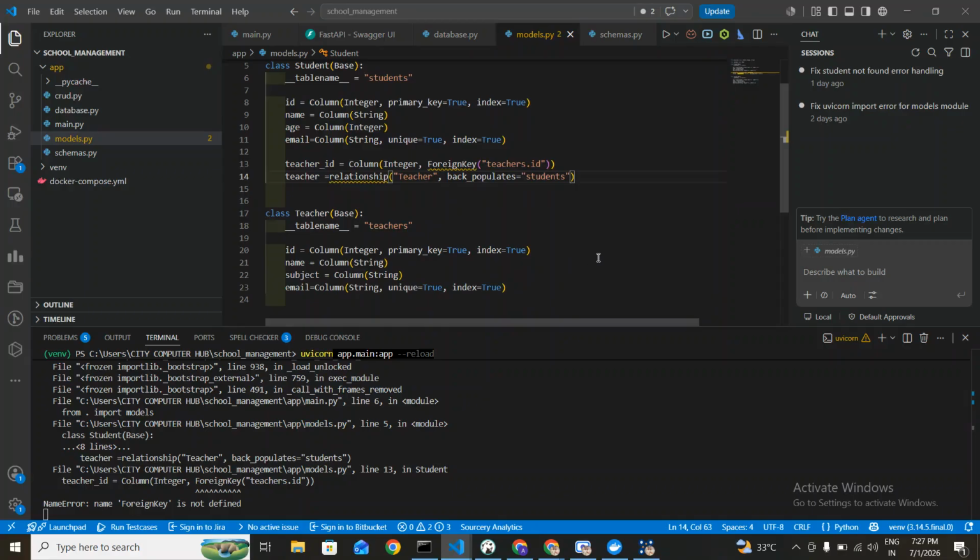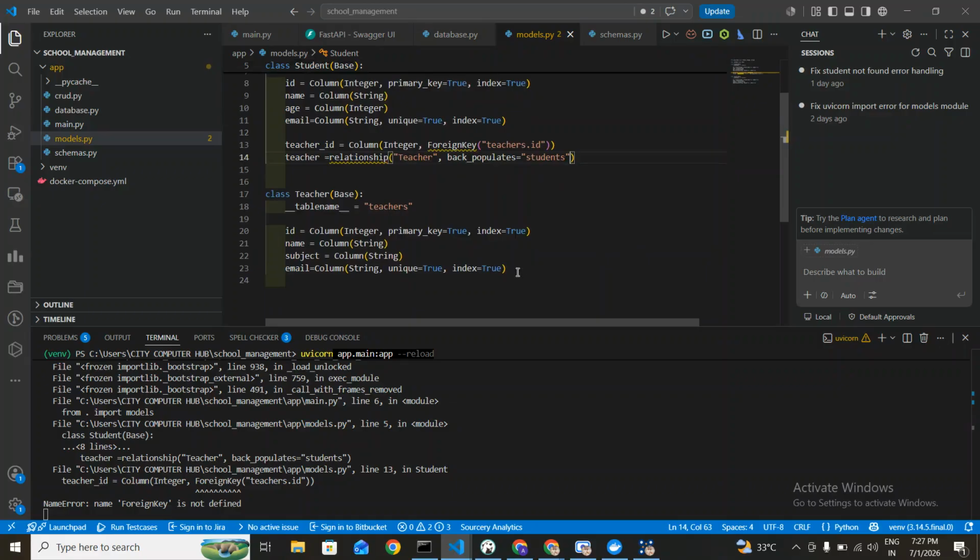Okay, we will see how we will handle that as well. Now let's see, we have created a relationship with student and teacher. Now from the teacher side we will also see what changes we need. So on the teacher side we will do a very small change,